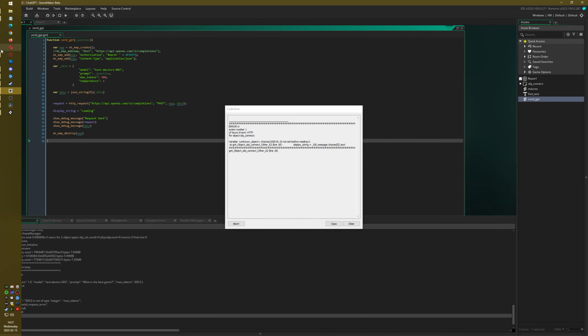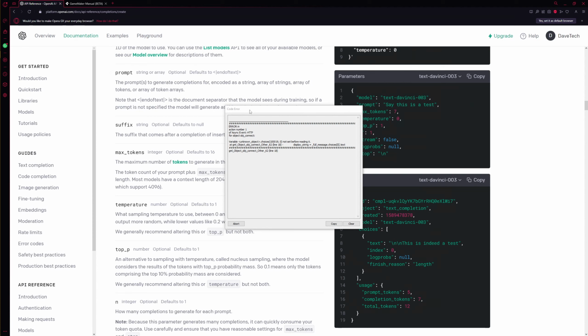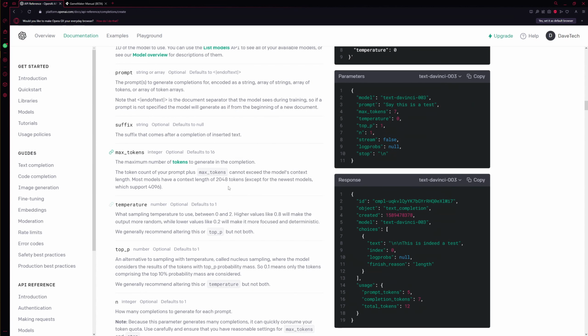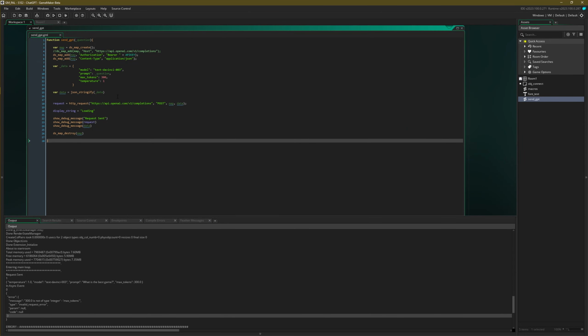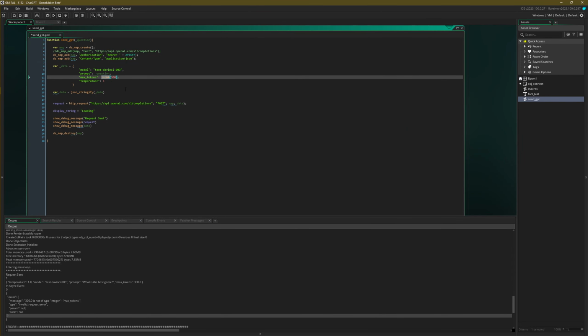ChatGPT here has given me a sensible error message, but because it had a different layout, it's caused my end to crash. And I'm checking now. Yep, it says max tokens needs to be an integer and temperature is just a number or a float. Remember, this isn't a how-to guide, it's just me walking through, showing how I would approach integrating with a system like ChatGPT. Let's put the int64 back,